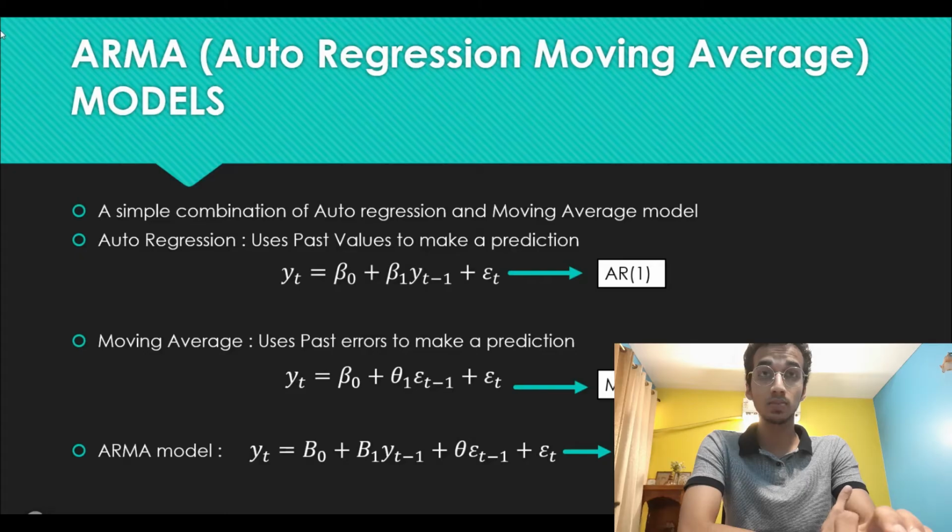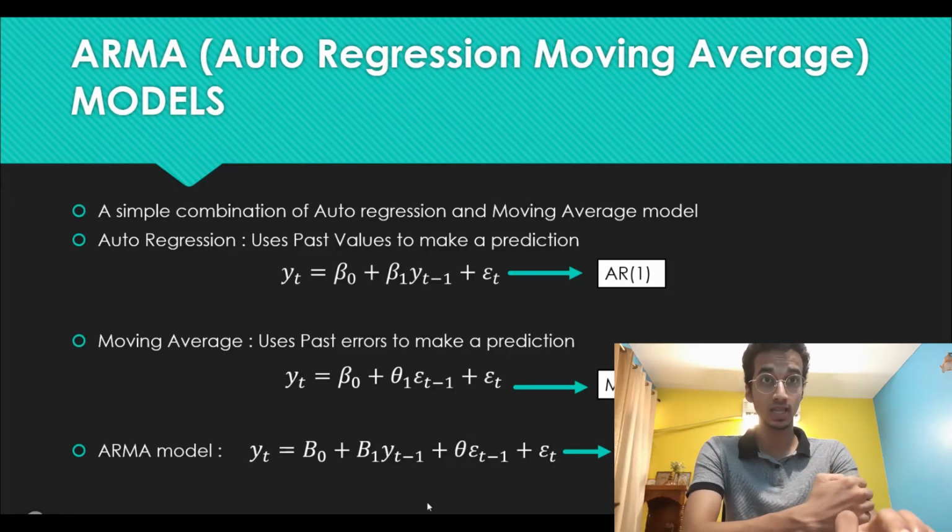So auto-regression is simply a model which uses past values to make a prediction in time series. A typical equation would look like this: y sub t, where y is any value for which we are creating a time series, and y is the value of something at a particular time step t. So it is expressed as beta naught, a constant, plus beta 1 into y sub t minus 1 plus some error, right? This is similar to the equation of a line, y is equal to mx plus c. The only difference being that instead of the input being the x coordinate, we're using the input as the previous